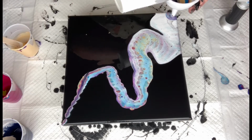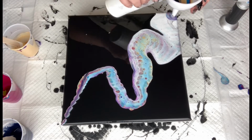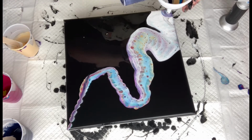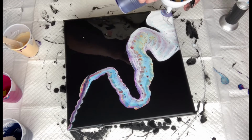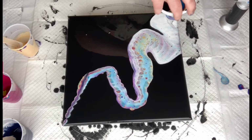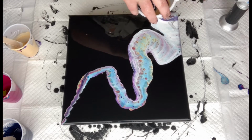Smidgen of white, just a smidgen. And just a smidgen of purple. I think I might start with a purple for my last go. We'll see. Okay. So I'm going to go ahead and